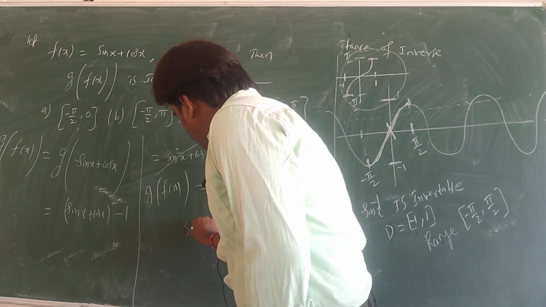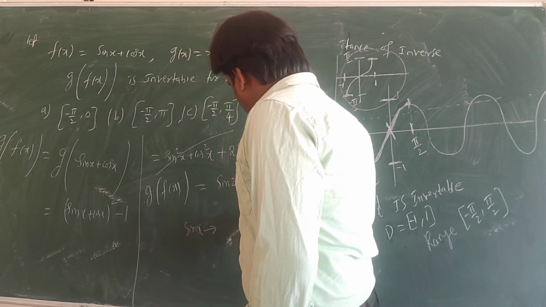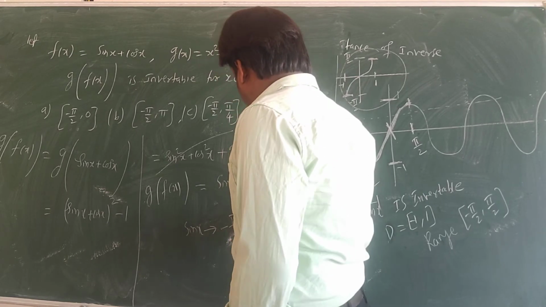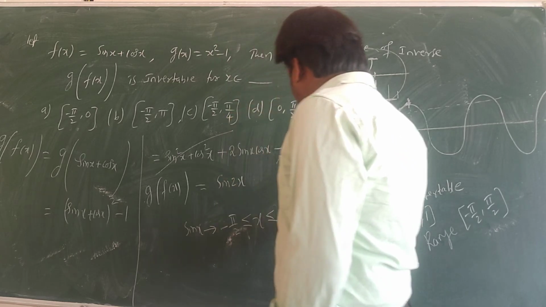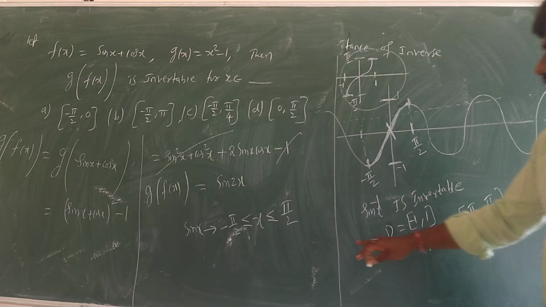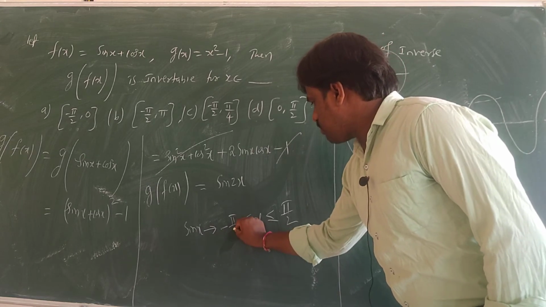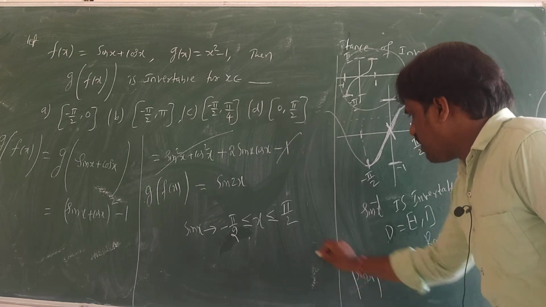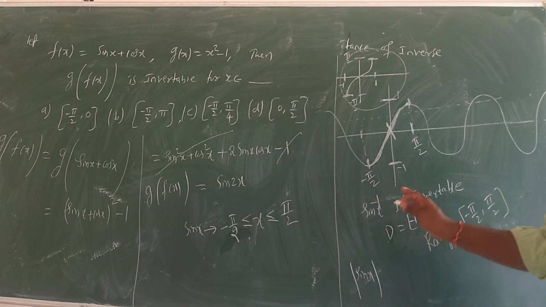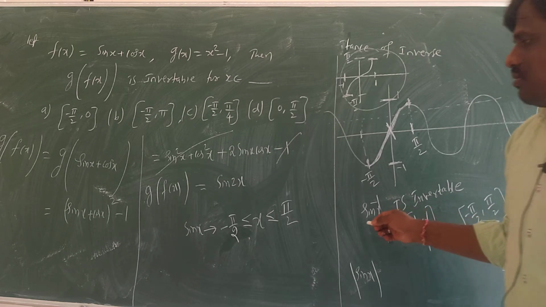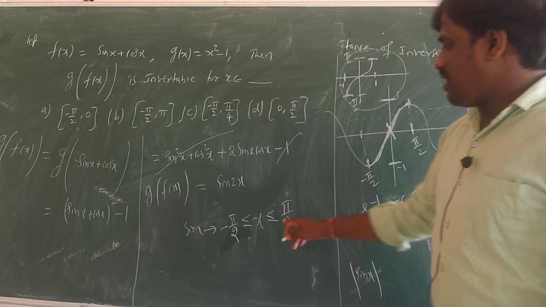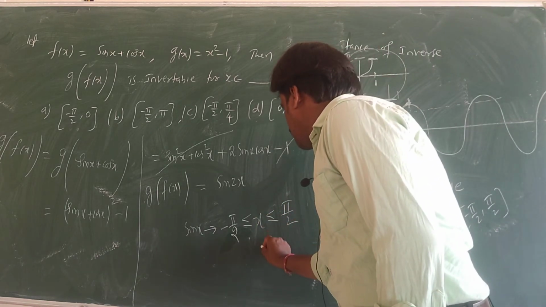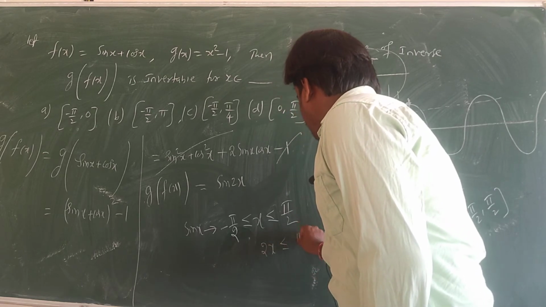See, if I am talking about sin x, x in between of minus pi by 2 to plus pi by 2 is invertible, right? Likewise in the previous lecture also, sin x is invertible from minus pi by 2 to plus pi by 2. But mod sin x is invertible when I apply mod on both sides. So 0 to pi by 2 I got. Now sin 2x I want. Here I want 2x. So multiply 2 on both sides.